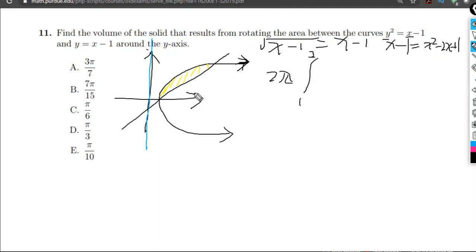And the radius will be the distance from the axis. And so it would be just x in this case, since the axis would rotate about 0, so just x minus 0, and the height would be the top equation of root x minus 1 here minus the bottom equation of x minus 1